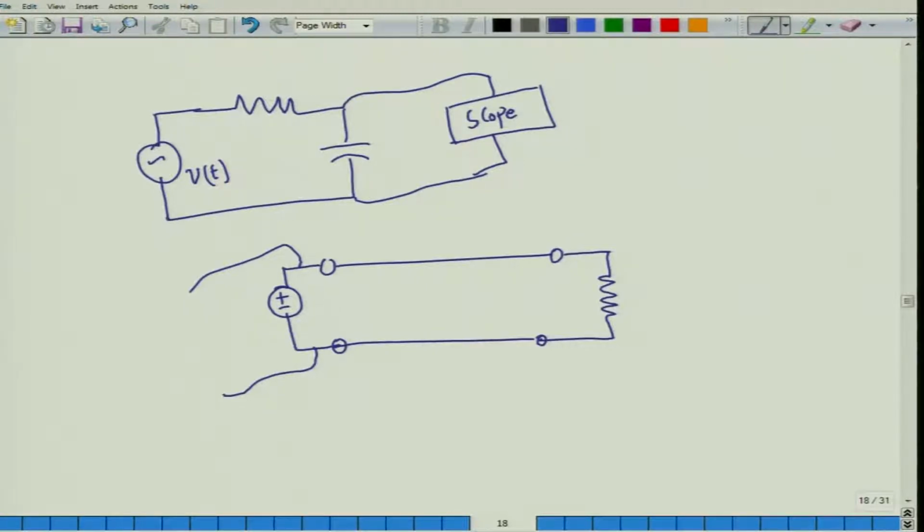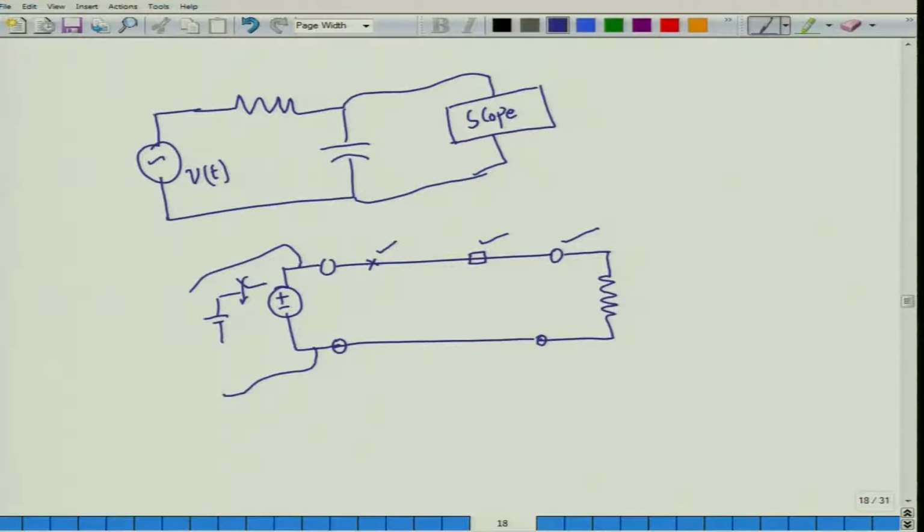Now I also know that on a transmission line, the voltage at a point, let us call this point the cross point, will not be the same as the voltage at this square point, because the voltage along the transmission line will vary. And if this is not a signal generator, but a battery connected to the transmission line at some t equal to 0, then you can see that the voltage distribution along Z will not exactly be the same as the input voltage. The voltage at the point X will be different compared to the voltage at the point denoted by the square, and then the voltage will be different at the load side, right.